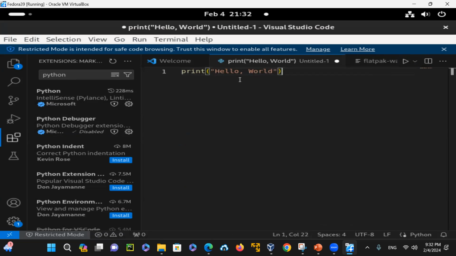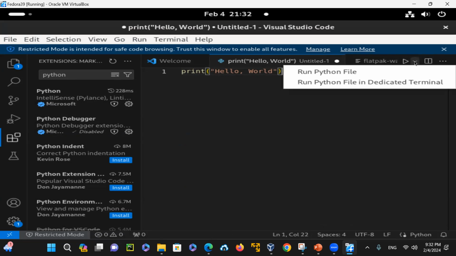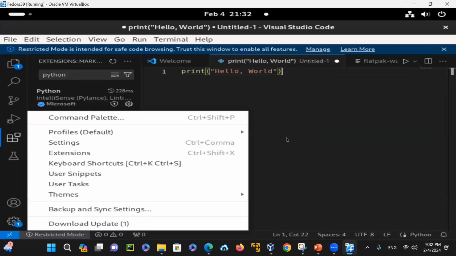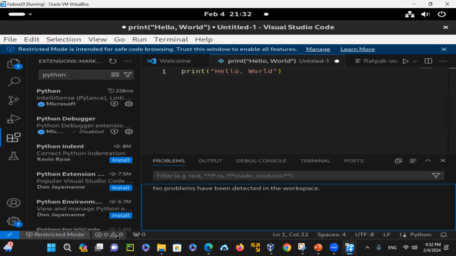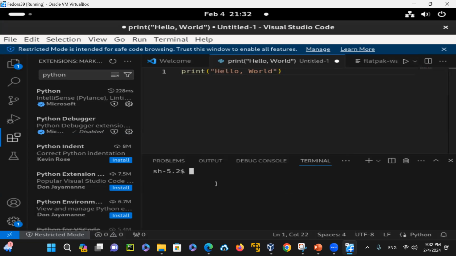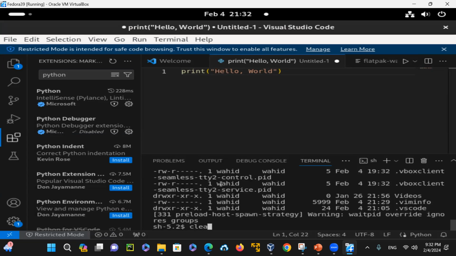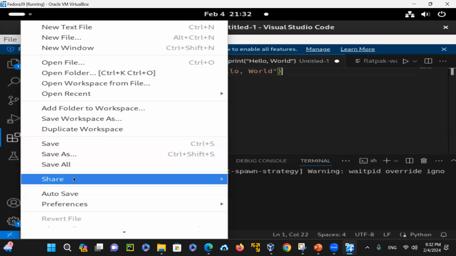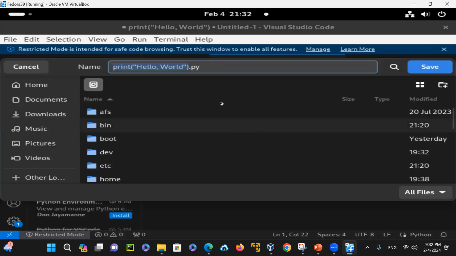And then right here, you could just click on run, and run the Python file, but we did not give it a name. So you have to give it a name, and there are a lot of other options here. You could open the terminals, and on the terminal you can also get the executable file here. So even though we did not save it here, I could just say file, save as, and at this time I could just say,